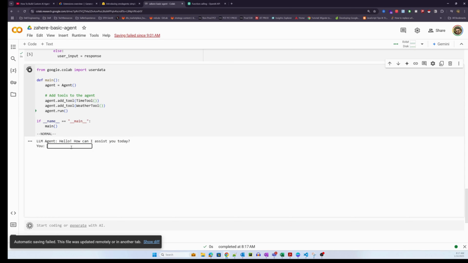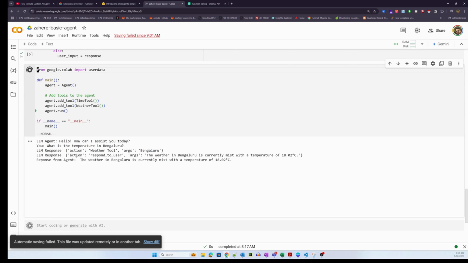I'm going to ask it, what is the temperature in Bengaluru? Bengaluru is my city. And remember, I'm asking this question, so the agent has figured out that because it's asking for the temperature of a specific city, it needs to use the weather tool. It has identified the tool, and it has also identified the argument here.